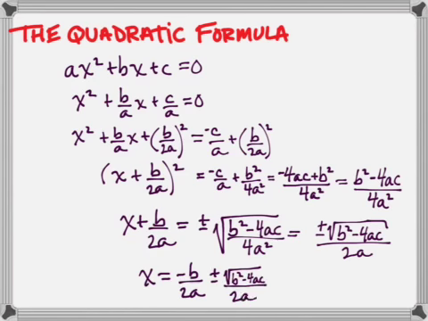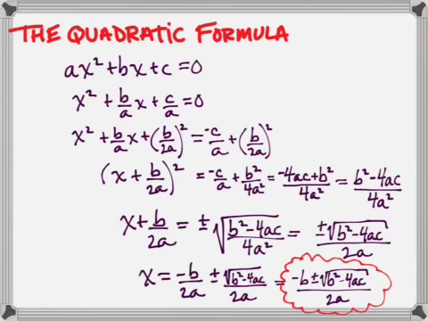And I have the same denominator, so I can add those fractions. And I get negative b plus or minus the square root of b squared minus 4ac all over 2a, which is your friend the quadratic formula. Okay? So